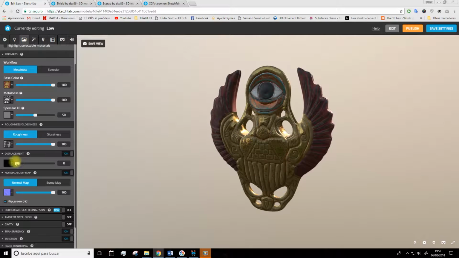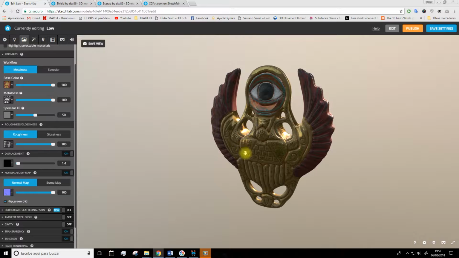As you see, it adds more volume. So we'll leave it on, but at the very low value. So that's it. We've finished loading the model,